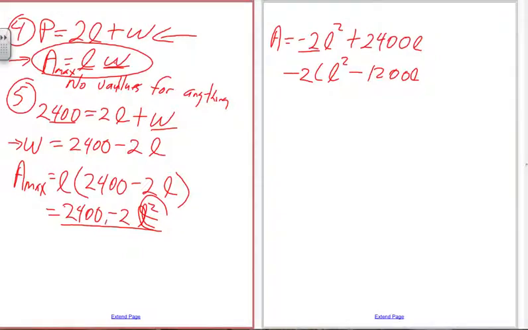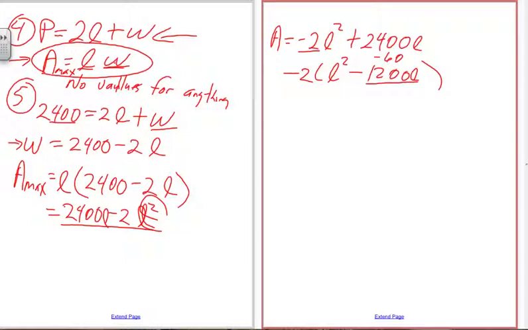Yeah, when I distributed that in, I forgot to put my L there. Okay, so now we complete our square. Half of this is going to be negative 600. We'll have a negative 2 L squared minus 1200 L plus 600